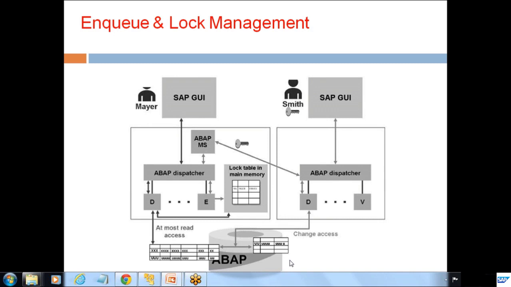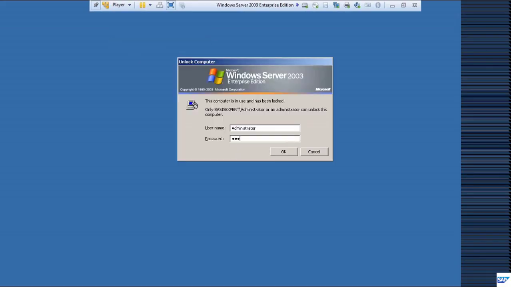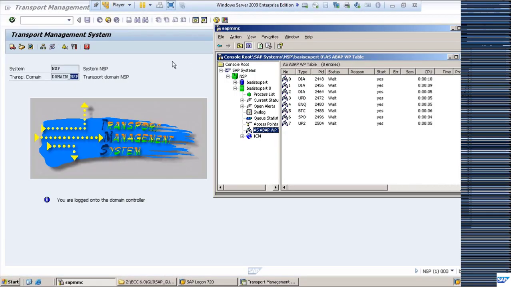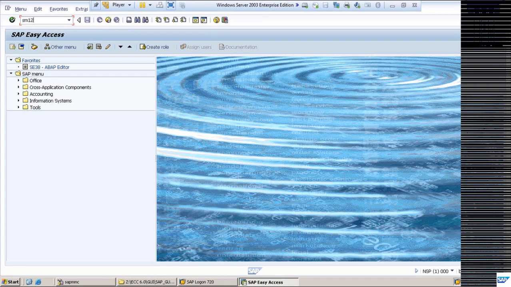Okay, so if the user wants to access the data and it needs urgency, then what? As a SAP Basis consultant, you need to communicate with that user. How to check the locks? You have to go to SAP. SM12 is the transaction code which displays the locks that are currently set. So if you hit SM12,